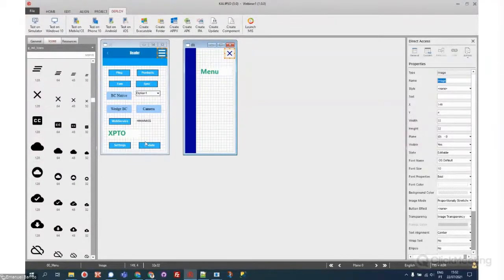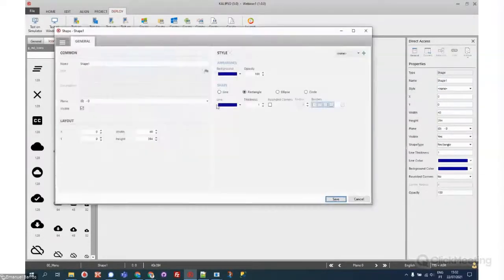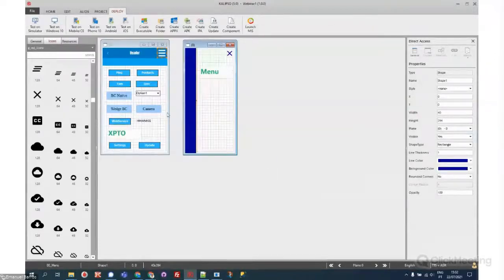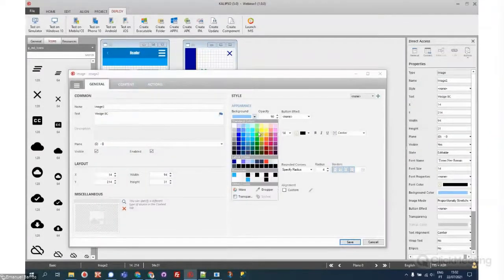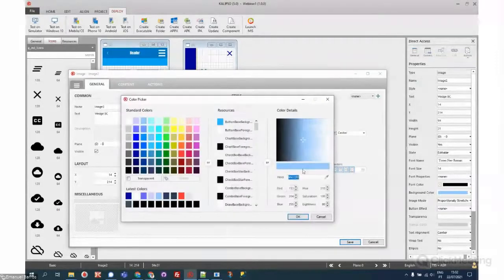So now it's really strange. Let me change. You can also create a style for the shape and save it. And then if you want to change that, or if you define on the style that the main color will be the green, that will be applied to everything. So, and again, this image with the text and the background, let's change the background to